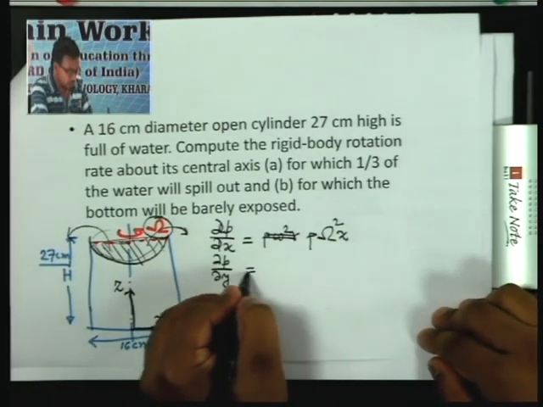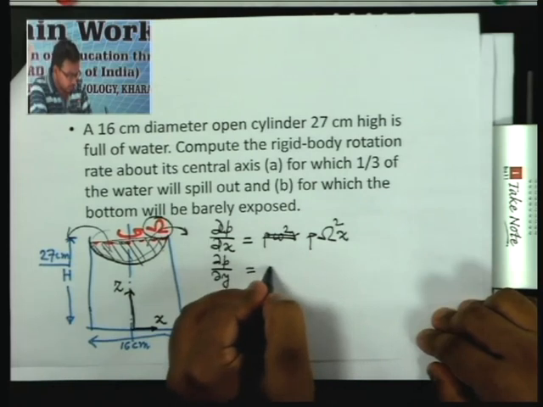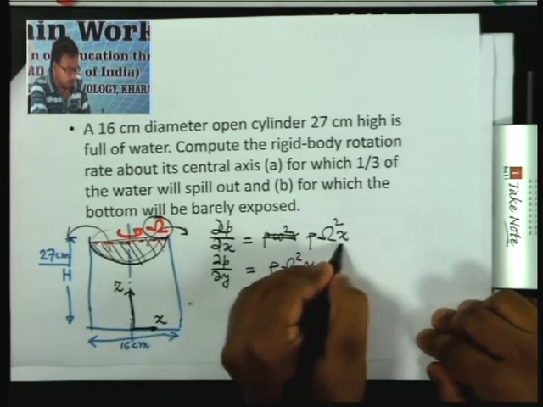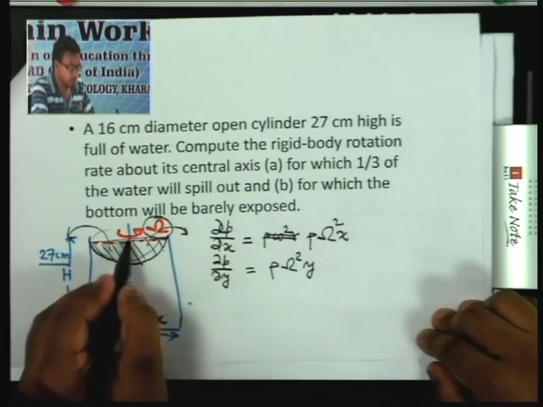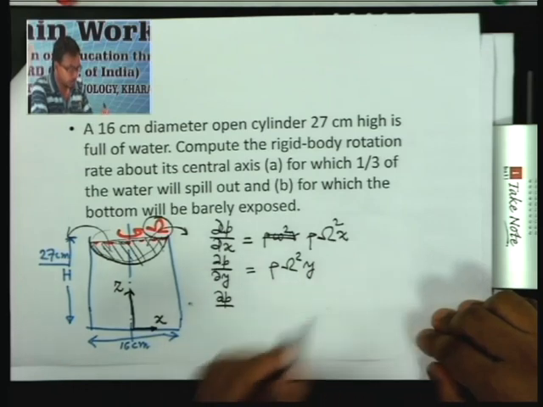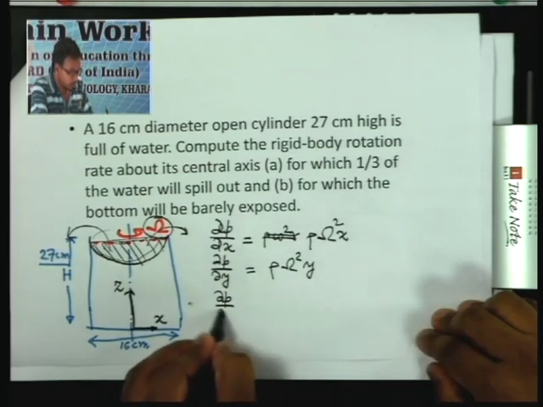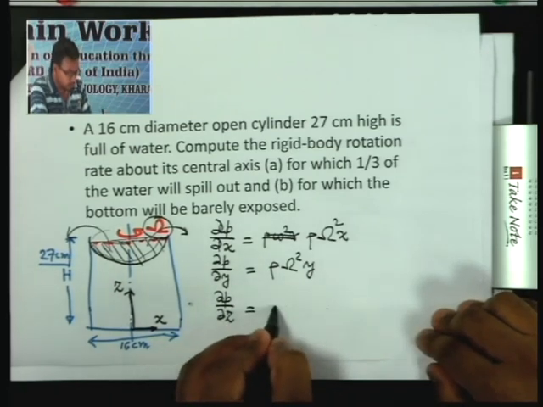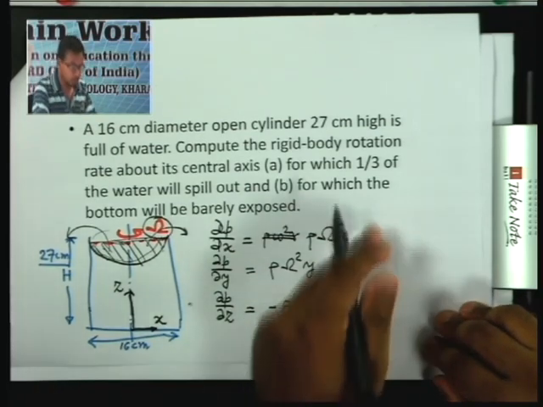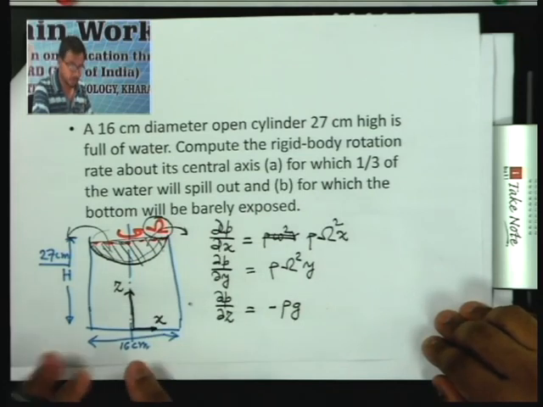So this will be rho omega square y. This is the centrifugal acceleration that is caused by the rotation of the cylinder. This has been mentioned already in today's class, so I am not repeating it. And del p del z will of course be minus rho g. So we have to integrate these three equations to find out the pressure,